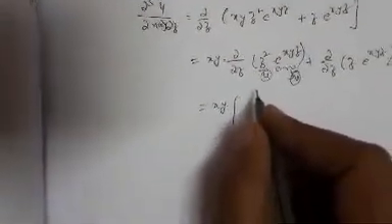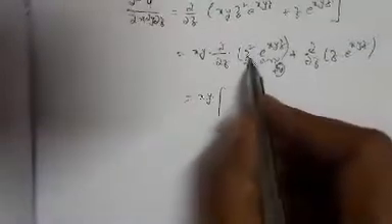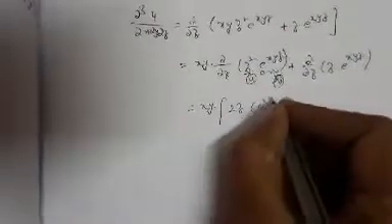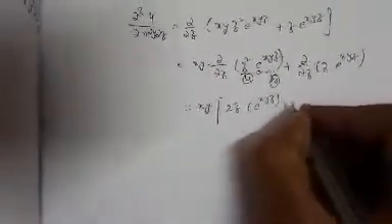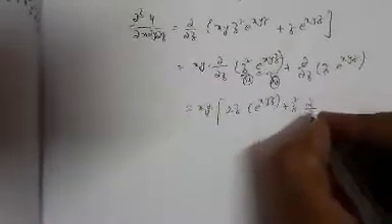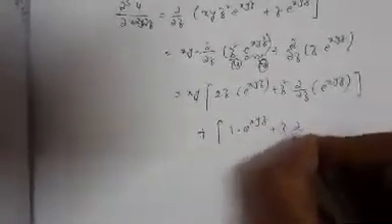So u', here with respect to z. So u' means the derivative of z², what is it? 2z into e^(xyz). u'v plus uv', where v' means ∂/∂z of e^(xyz). So this is the form, plus ∂/∂z of z e^(xyz). So it means u' into v plus u into v', ∂/∂z of e^(xyz).